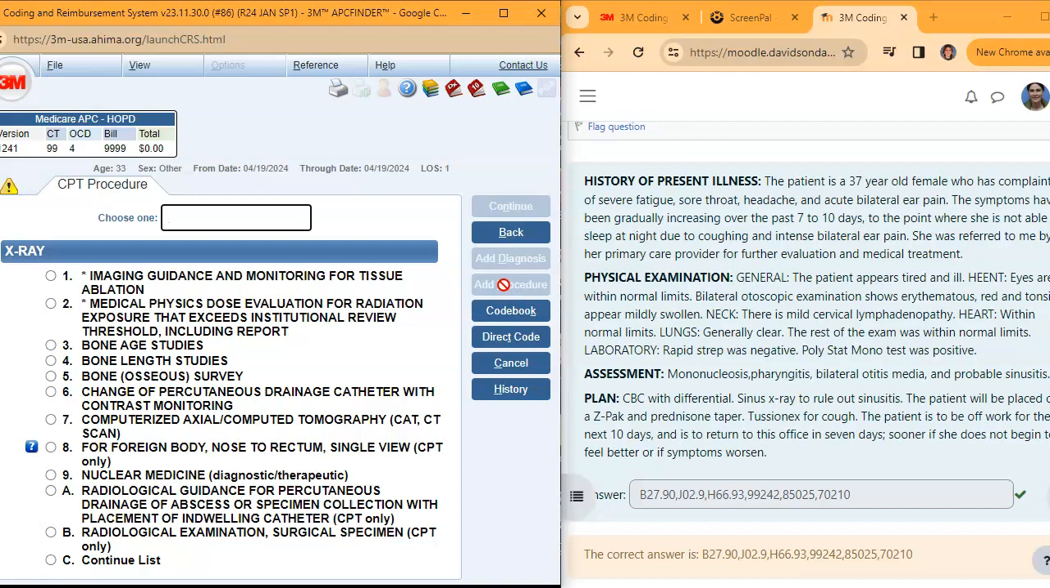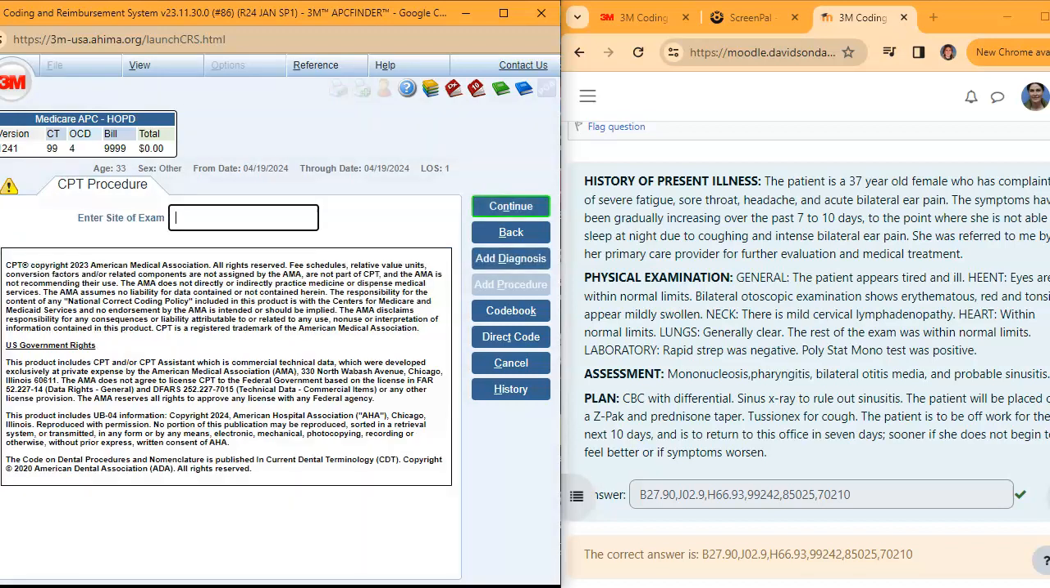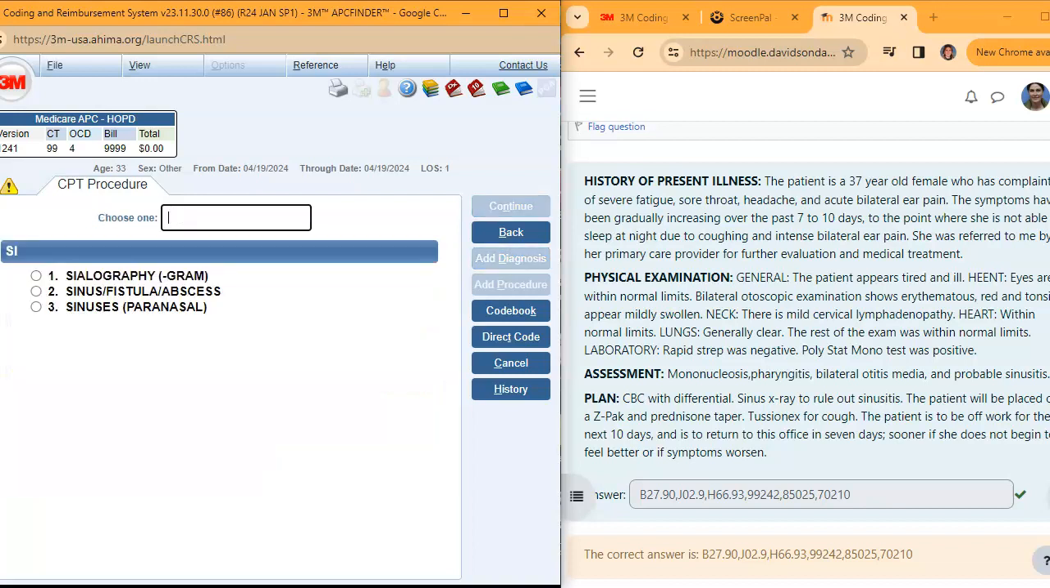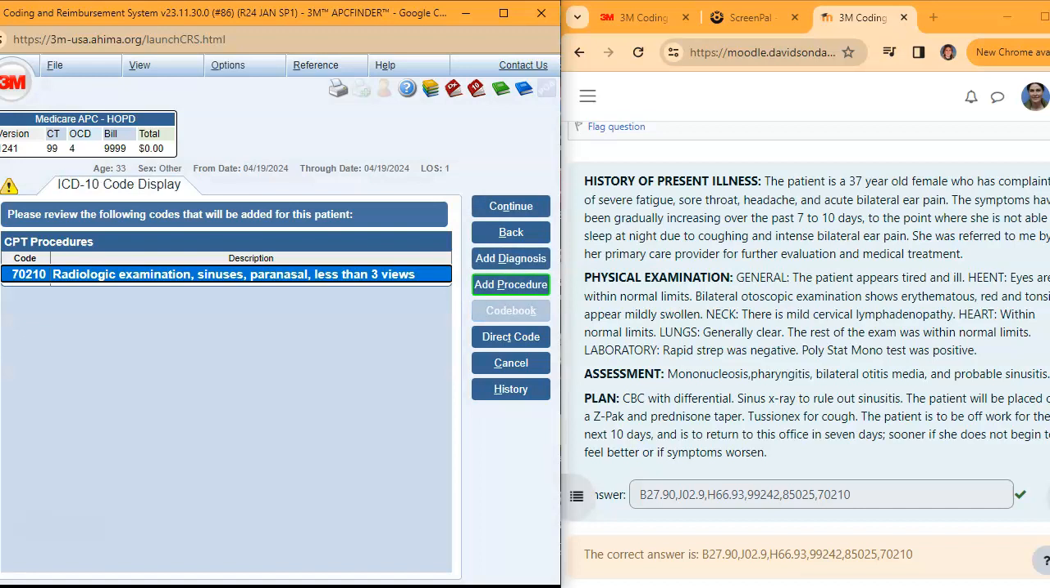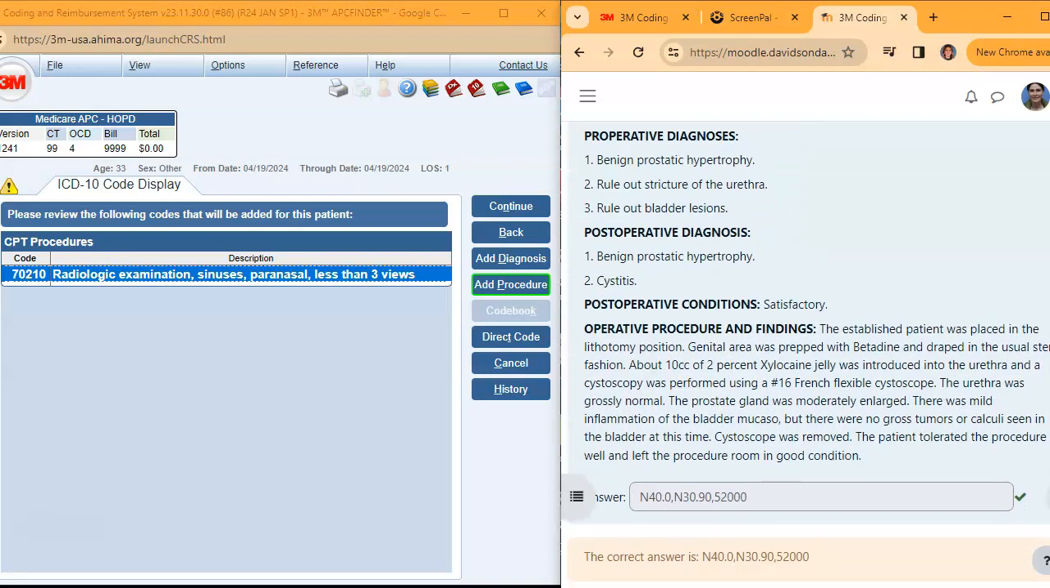And then our last procedure is our X-ray. And looks like we're going to need to spell sinus. Without contrast, with one or more. No. Okay, and then we have our procedure code of 70210. Okay. For number 7,